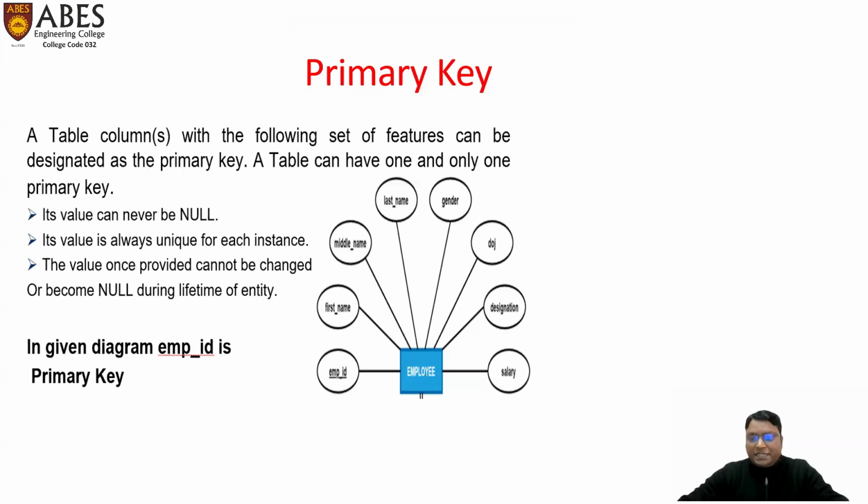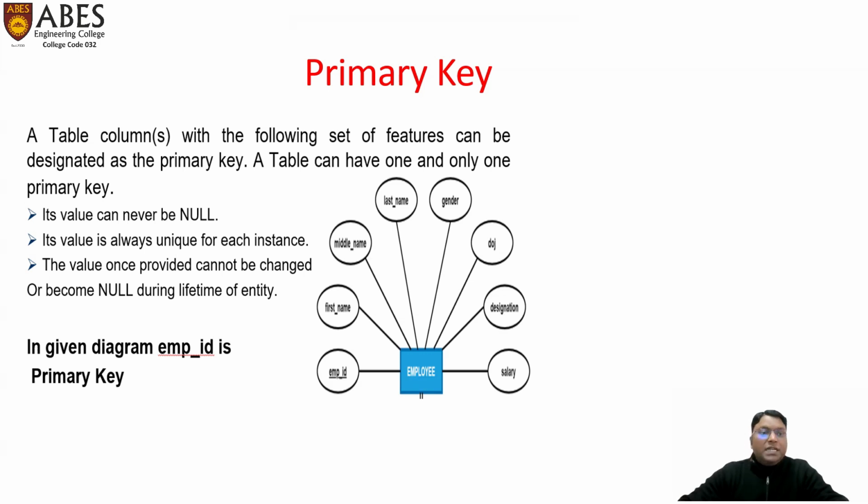If you assign any key as a primary key, like here, employee ID is considered as the primary key because it is underlined. So its value cannot be null. Its value is always unique. For each instance, every employee will have a unique employee ID. The value once provided cannot be changed. Suppose you have an Aadhaar number, then the Aadhaar number cannot be changed, but the details may be updated. But the Aadhaar number is like a primary key, so you cannot change